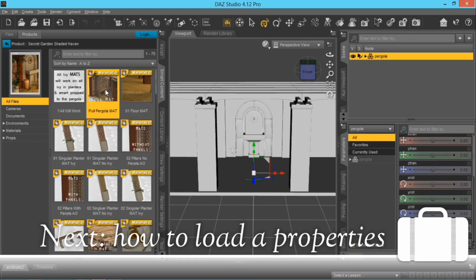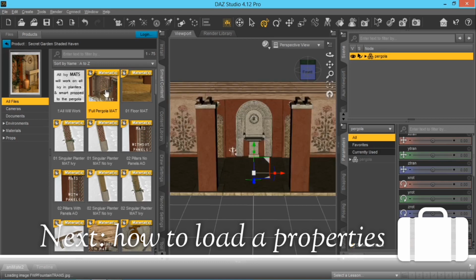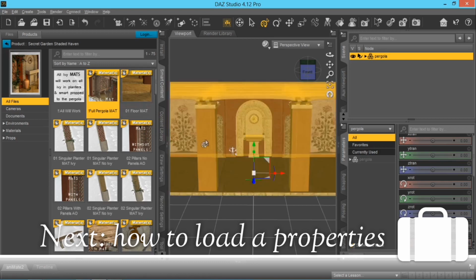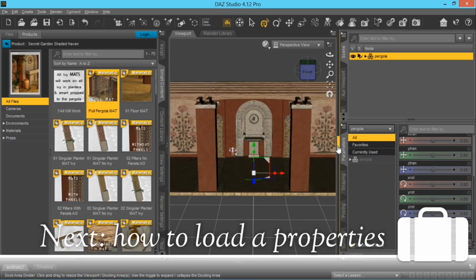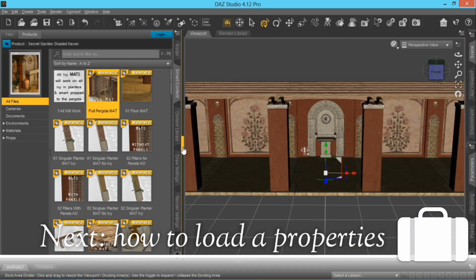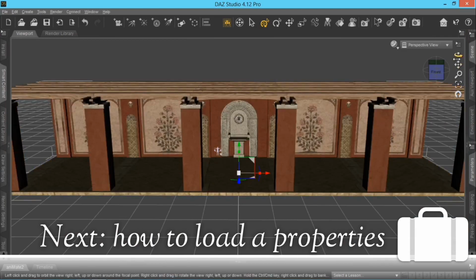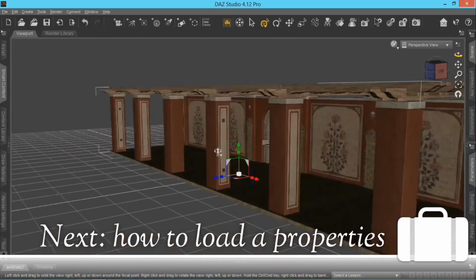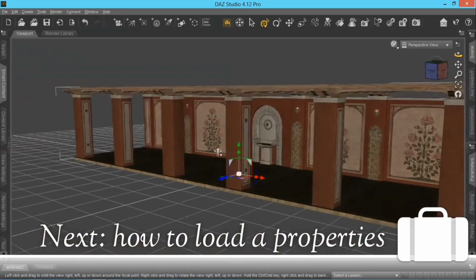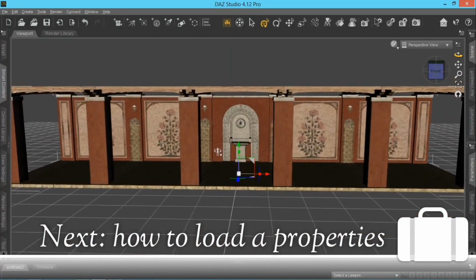So I want everything, the materials, to have a full material. So now as you can see, I now have the full materials of my image, or rather of my properties, right? Okay,